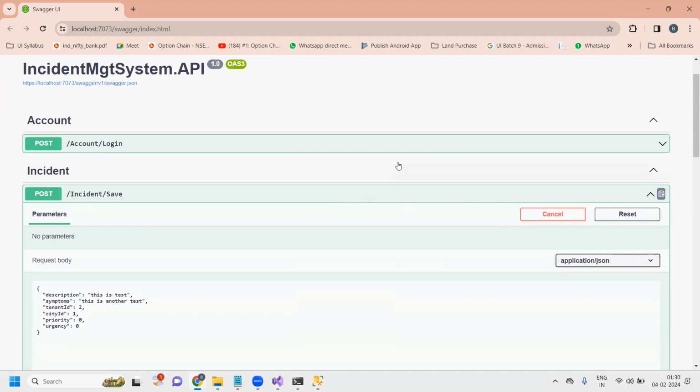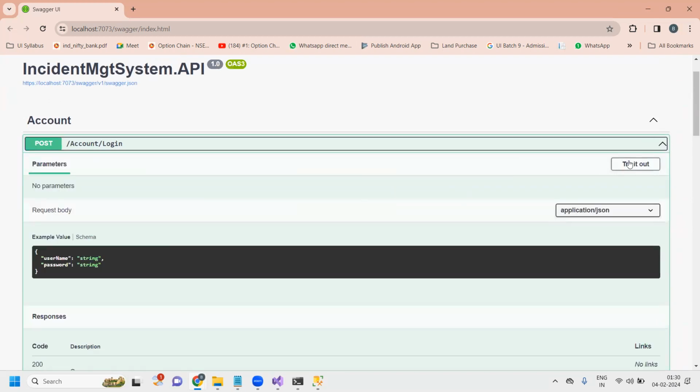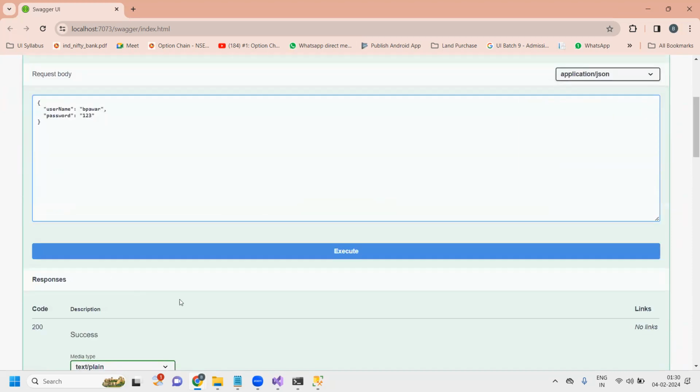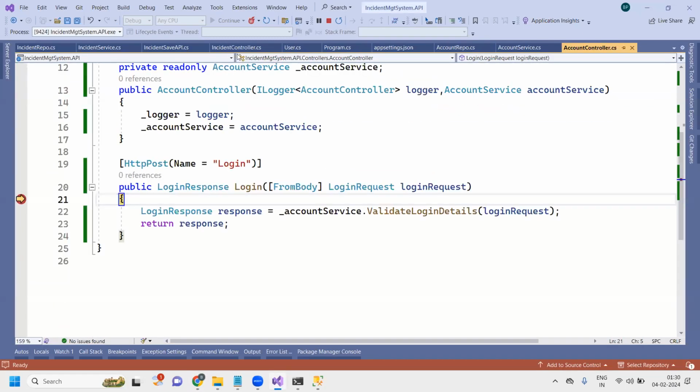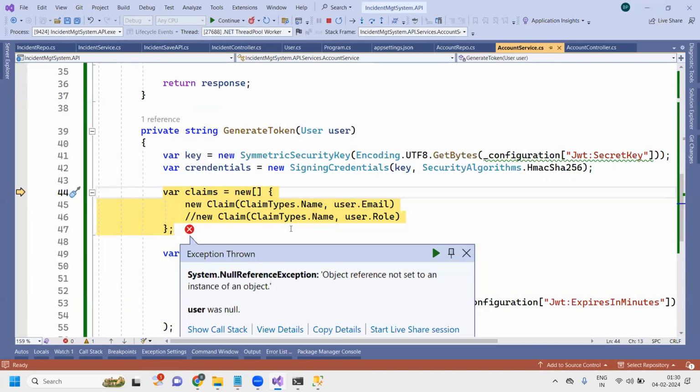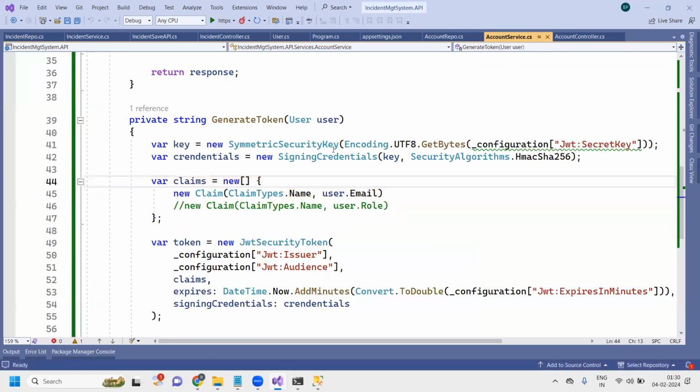I want to authorize myself, so I will go here, pass my username and password, click on the execute button. It will give you the authentication token, this one. Okay, here it is returning error, that is user is null actually. Why is it null? Because of